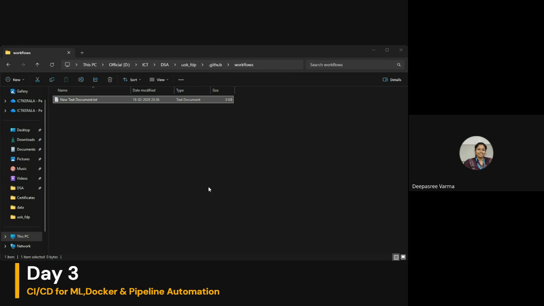Go to .github, inside workflows, where I will be creating this YAML file, a file with the extension yml. You can name it ML pipeline, so I am going to name it ML pipeline dot yml.